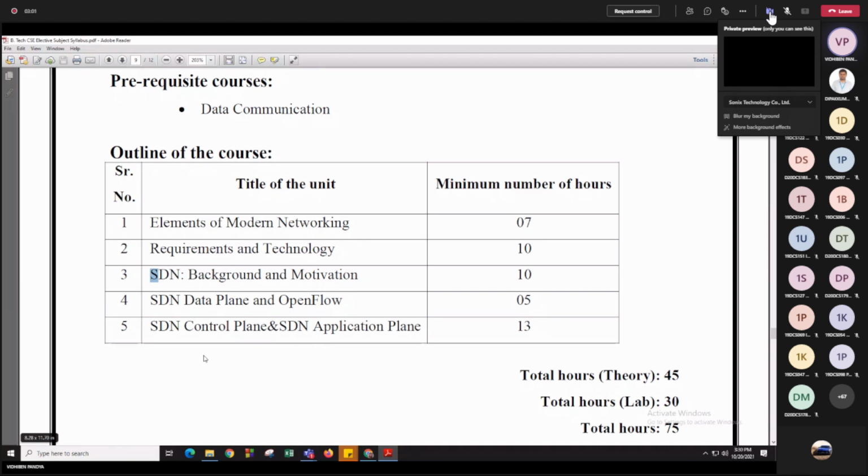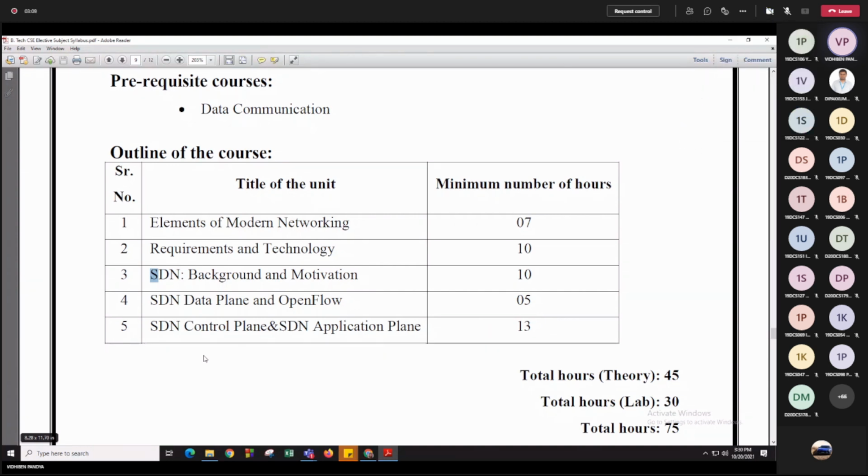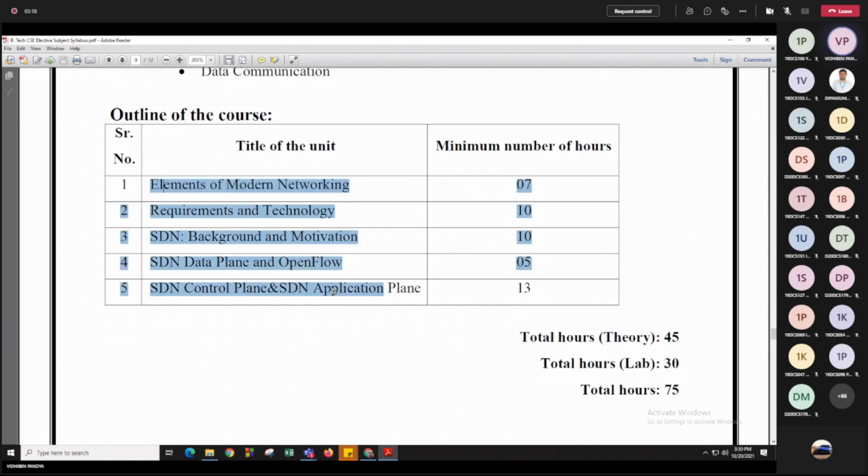That means it becomes easier to update your network architecture. That is why this subject is kept in your syllabus, to make you more aware of the latest technologies and trends in networking. So you are going to learn this many things in this subject.